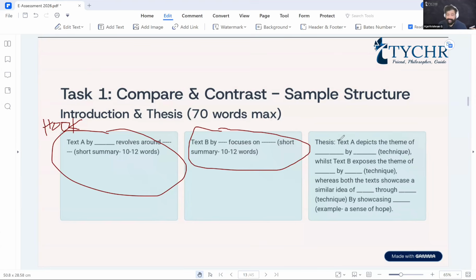Here, text A depicts the theme of isolation or discrimination, whatever it is. Identify the theme here by using a specific technique, so you're supposed to label the technique. Since text A is a literary work, you're supposed to talk about a literary technique here. It could be metaphor, it could be simile, it could be whatever techniques we have listed before. You can choose any one technique, label it there, and make sure you can analyze the technique in detail later, because whatever you write in the statement, you're going to explain in detail in your body paragraphs. So text A depicts the theme of whatever theme by using whatever literary technique, while text B exposes the